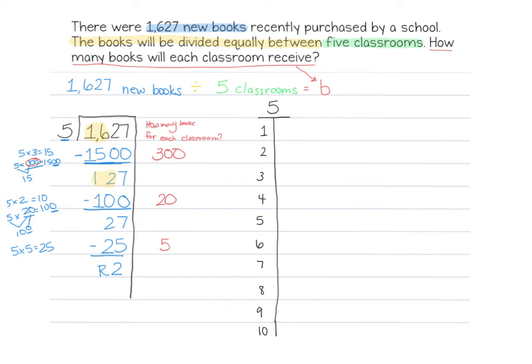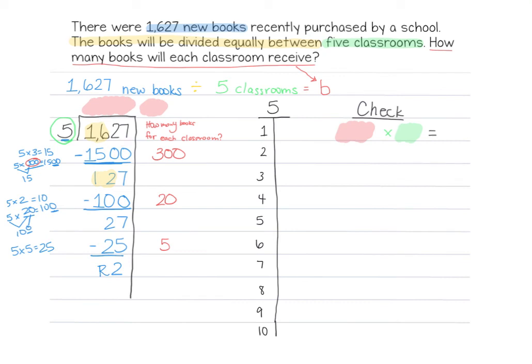Now it's your turn. You need to write the answer above the line. So go ahead and figure out how many books will each classroom receive. And don't forget to write the remainder over here. Awesome. Now we're going to check. So we will take our answer and we will multiply that by our divisor. The goal is that that will give us our answer that we started with,